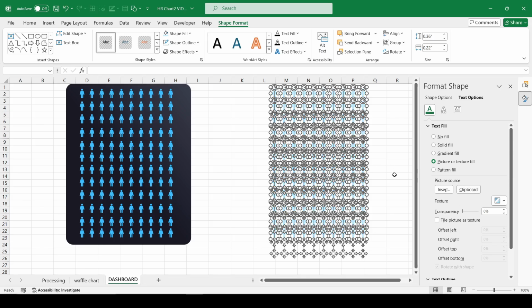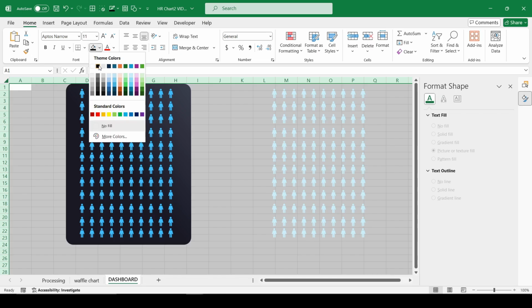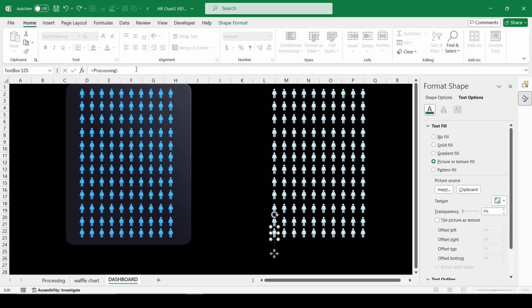Ungroup the copied group to change the links of its text box elements to the original values and format them. Maintain the correct sequence in the links as well. For the bottom left text box, link to cell B1, and for the top right text box, link to cell B100.